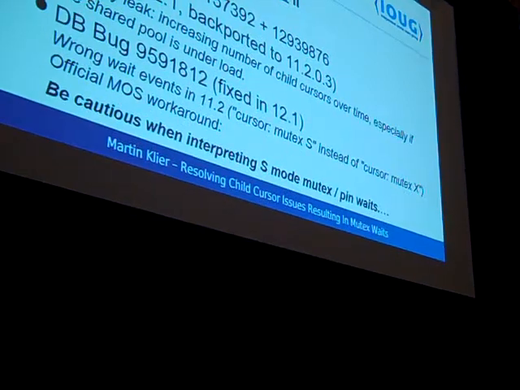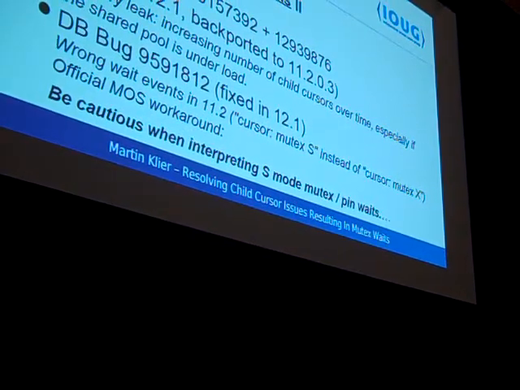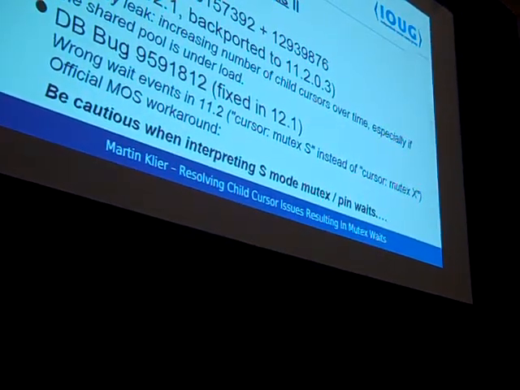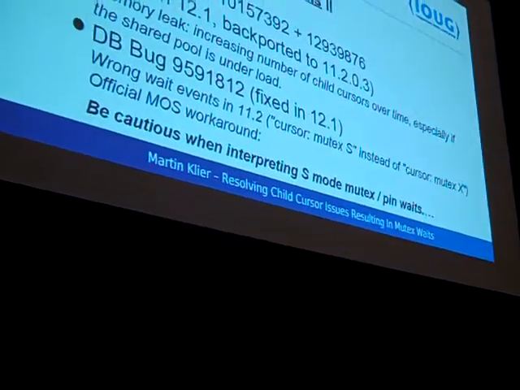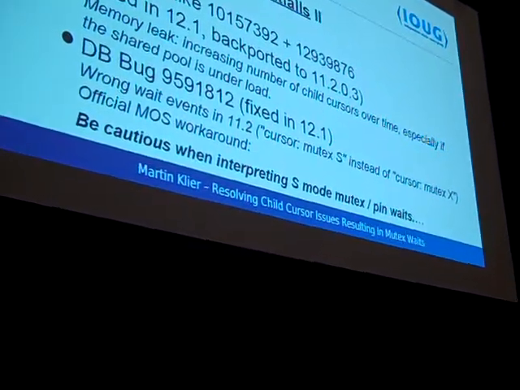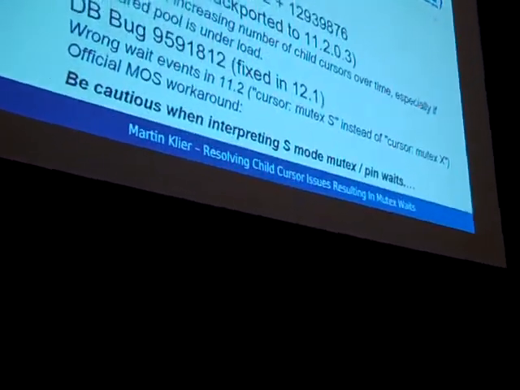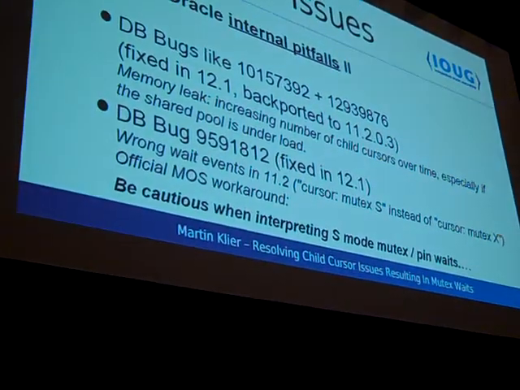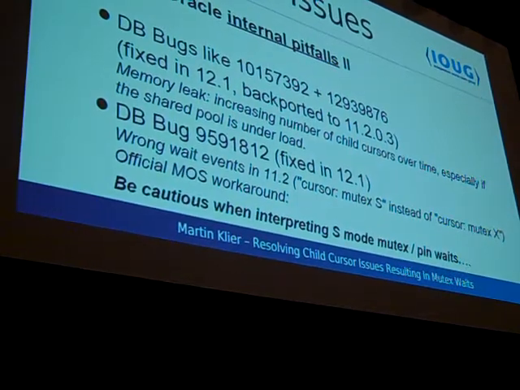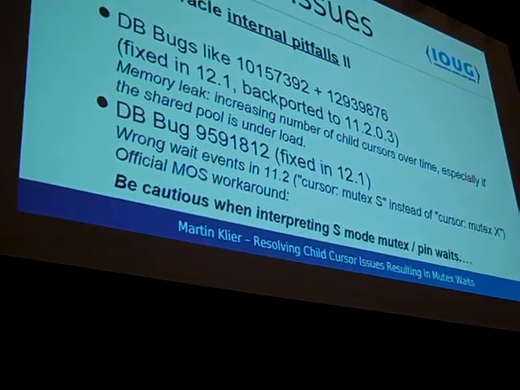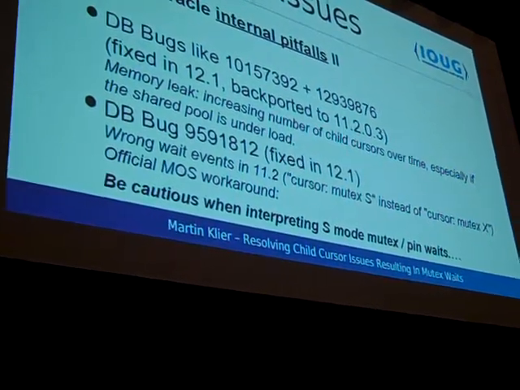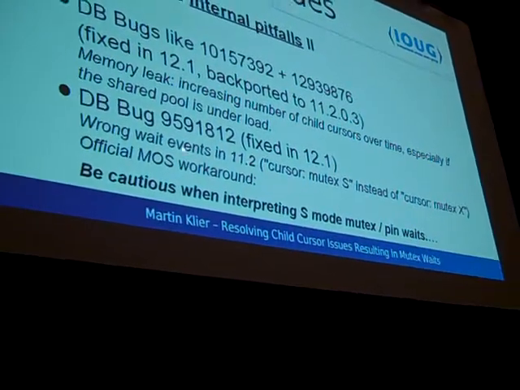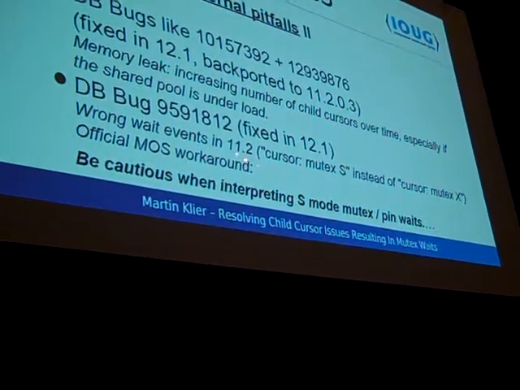But in the end, you've got a vast amount of child cursors, and you have to pay for it with concurrency all the time, as explained before. In 11.2.0.3, there's a fix for that, as a backport from version 12, and in version 12.1, it should be fine. The other bug here is that